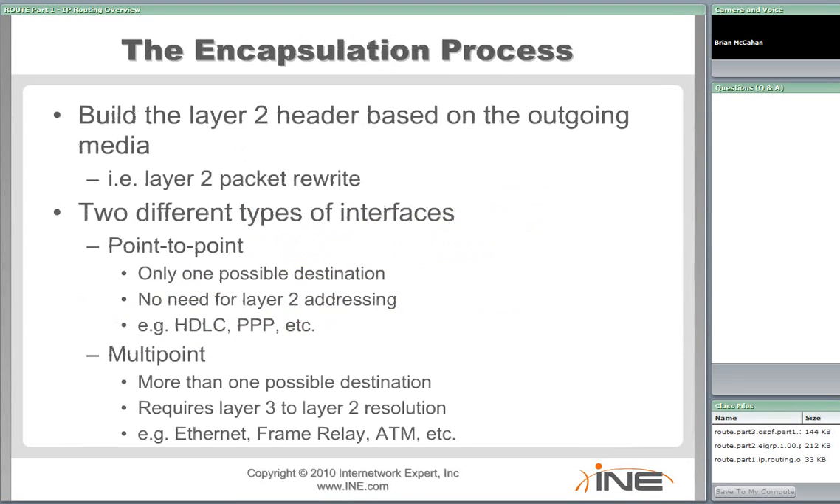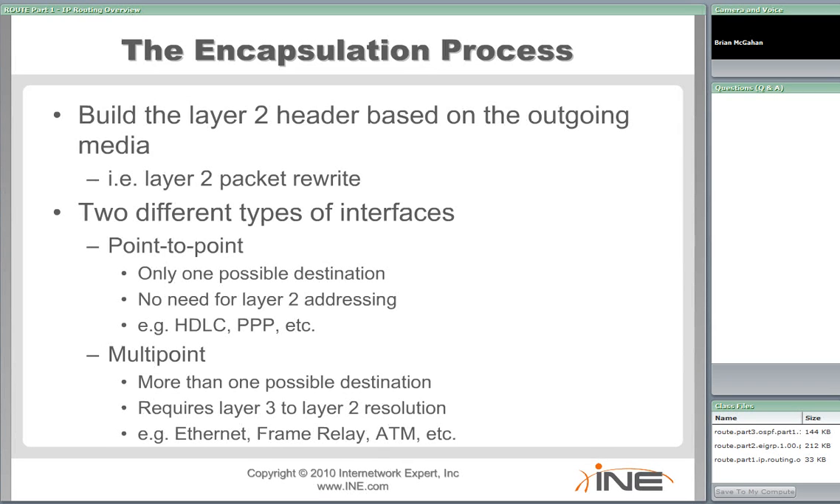And lastly, our third step, the encapsulation process. This is where we are doing our layer 2 packet rewrite. So this is where the router is building the new layer 2 header based on the media of the outgoing interface. So if the packet is going out an Ethernet link, it's going to build the layer 2 Ethernet header,